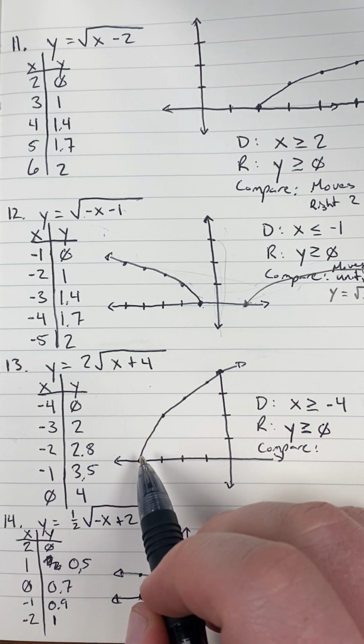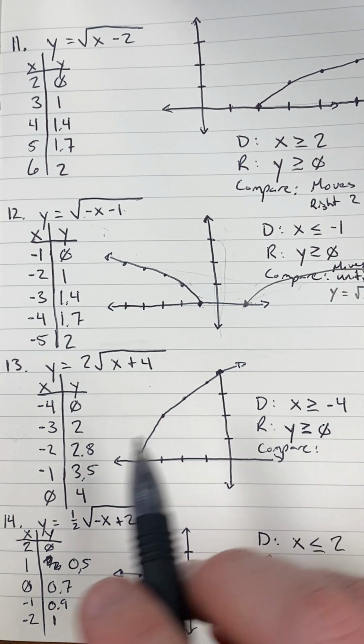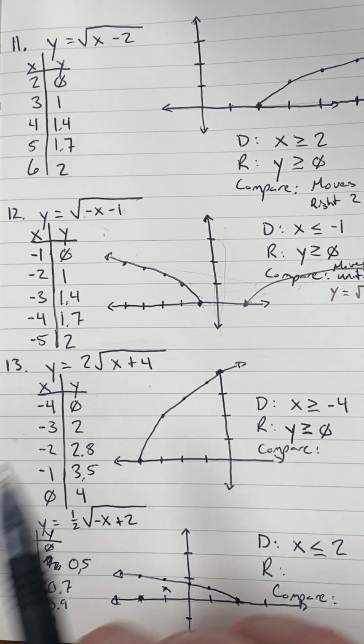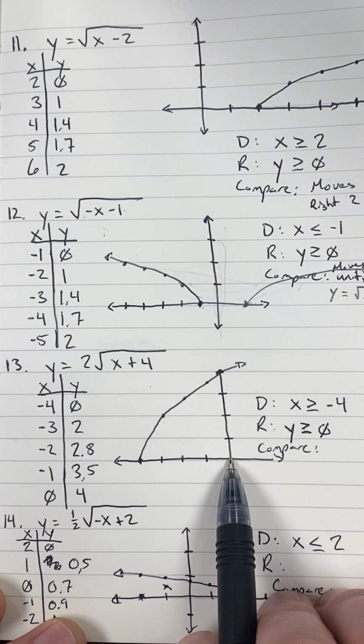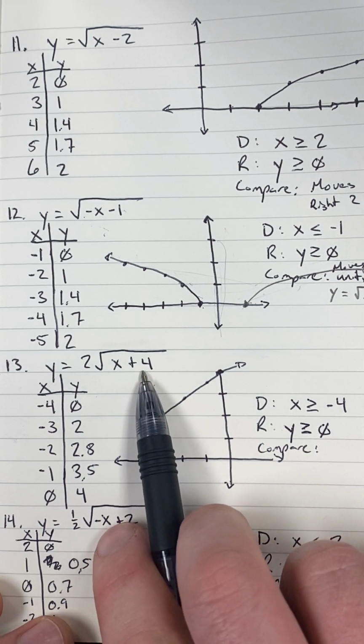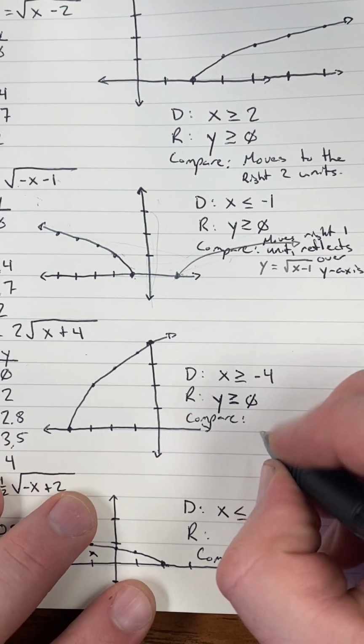We start at 0 and we're moving up, okay? And then the comparison here, there's two things happening. So once again, I have another strange case where I'm starting here and now I'm going to the left. How many units? 4 units. So 4 units to the left, so moves